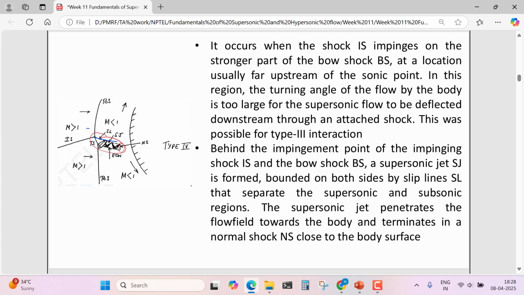The supersonic jet SJ is formed, and these are bounded by two slip lines. This is a supersonic jet, bounded by two slip lines, and there is a series of shock waves and expansion fans here, and it will go and impinge on the body, and it will terminate by a normal shock close to the body surface,